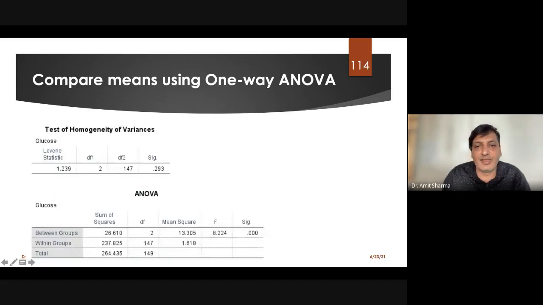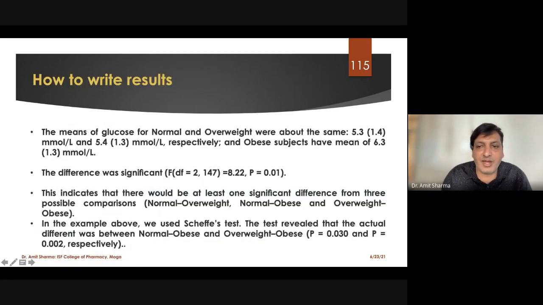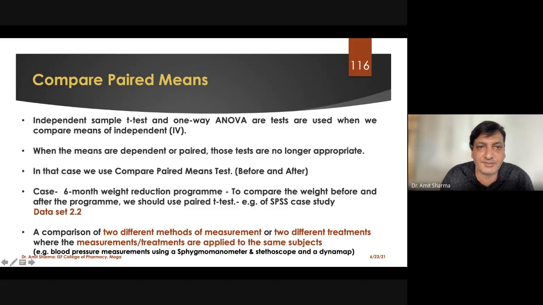So for example, if you are writing for a research paper, you don't have to add all the tables. Just writing two lines, this is the first line and this is the second line, is more than sufficient. And about the test for homogeneity, you can write one line, and here you can write which group was found significant or not significant by giving the result of the post hoc test. I'm going to show you in my thesis where I have applied ANOVA and how I have written the results. So this is the way we are going to do it.